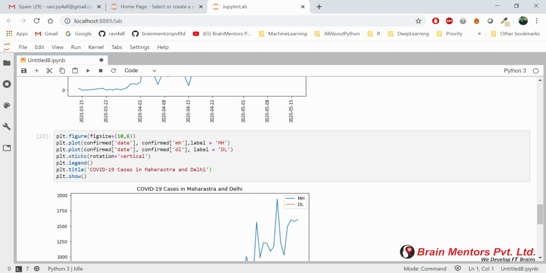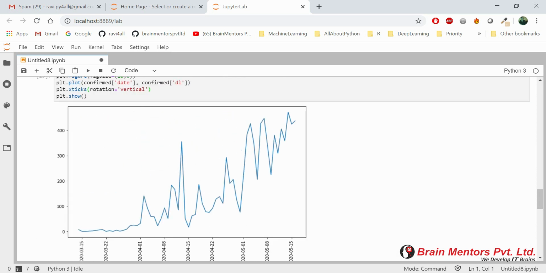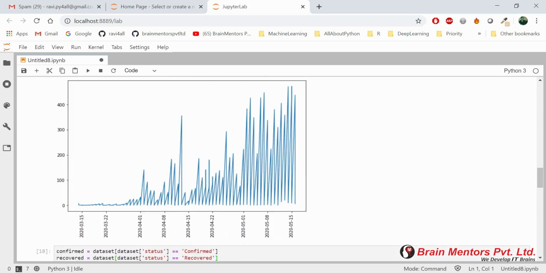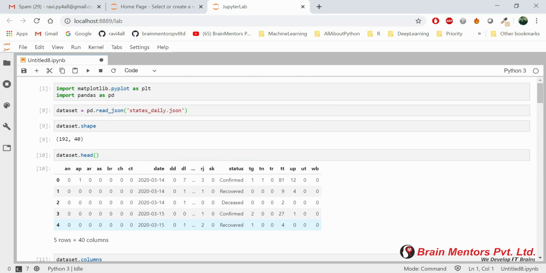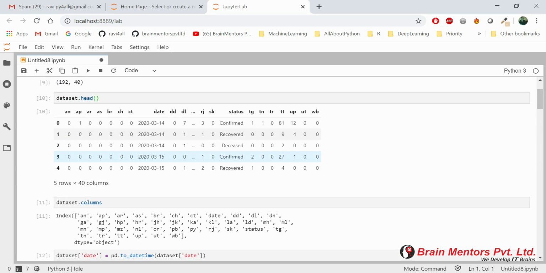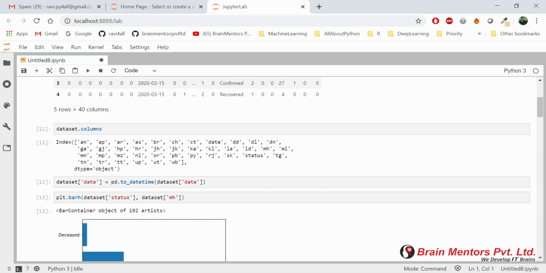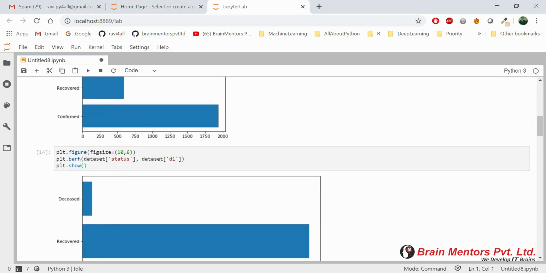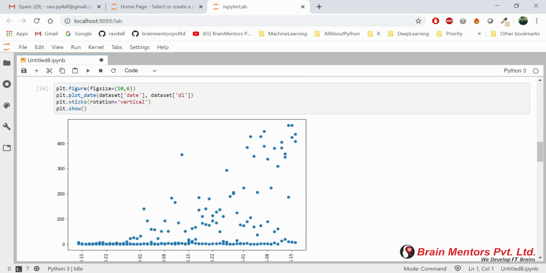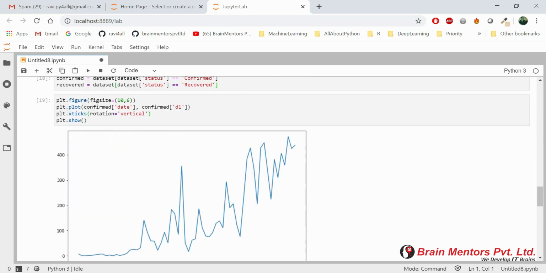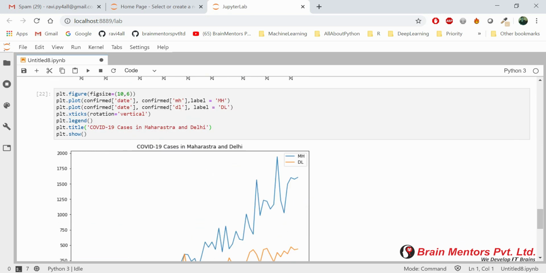Now you can see on the TV channels, in news, each and everywhere you see these types of graphs that show the growth rate of different things. So I was just using this particular data set. This is the live data of corona. I just downloaded the JSON file of it and loaded it into pandas using the pandas package. And after that you see these are the graphs, these are the analytical views that you can have using this specific library. Okay, so this was a basic introduction that we can learn about Matplotlib in just 15 minutes.